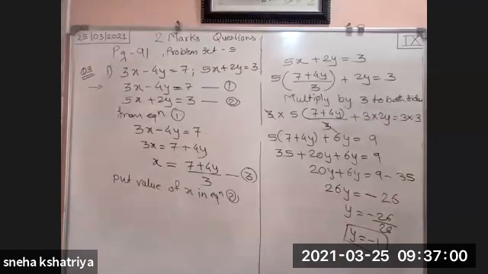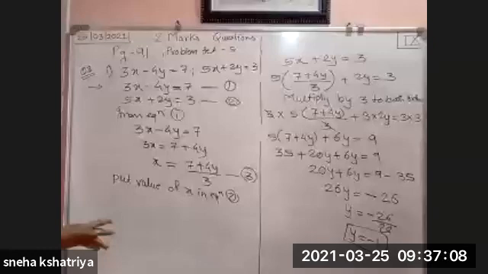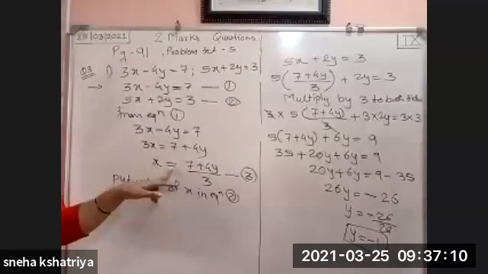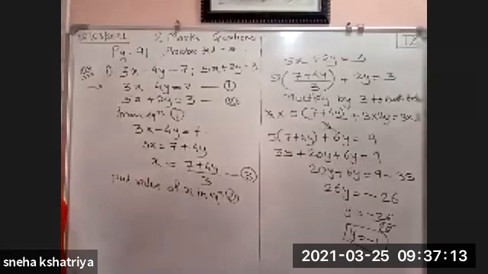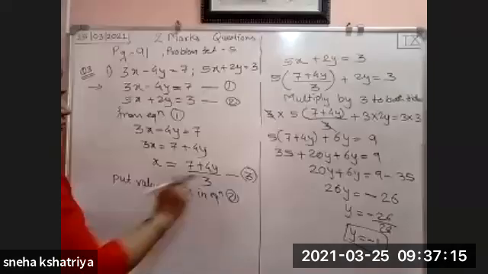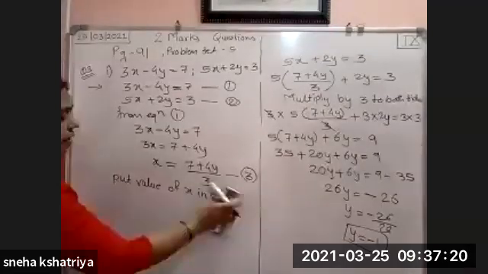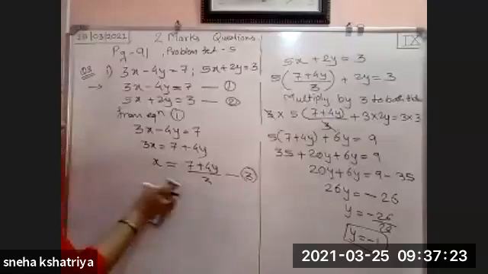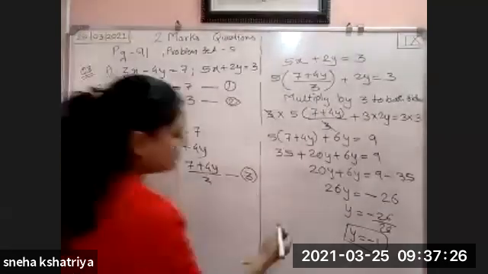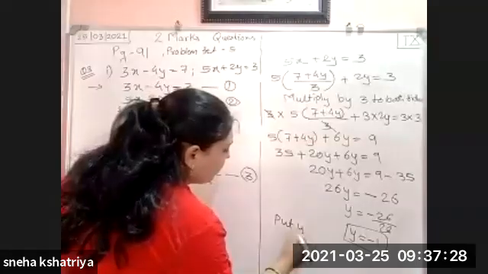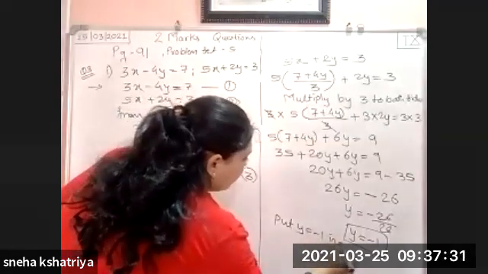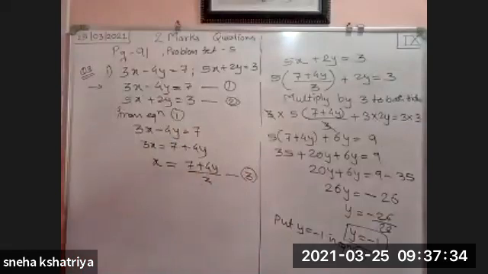Now after getting the value of y as minus 1, we have to put that in equation 3. As we have seen in the last two examples, whatever the value of y we get here, that we put in equation number 3. So after putting it here, what will we get? I will solve it here only. I'll rub this sentence and write it here. Put y is equal to minus 1 in equation 3. Okay? You can see it? Yes.